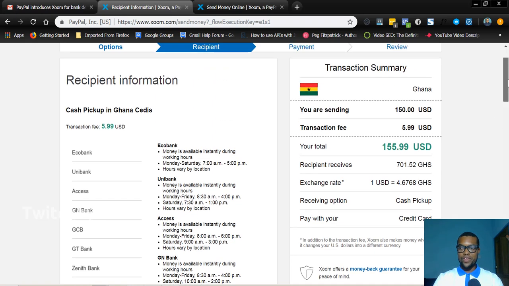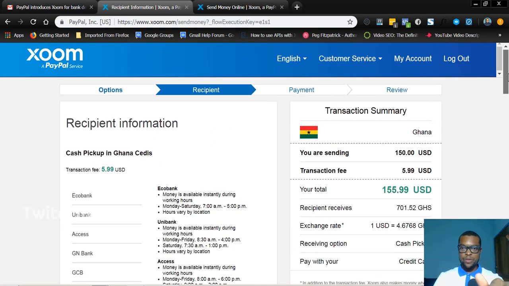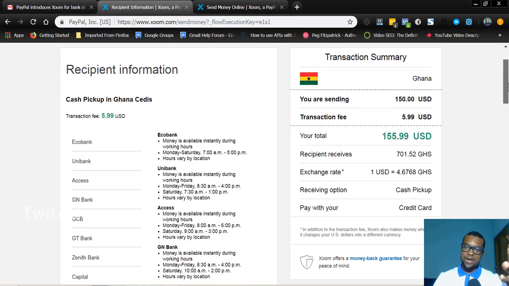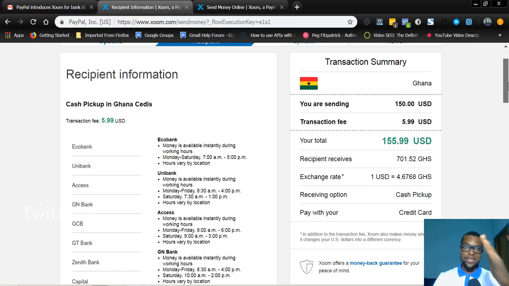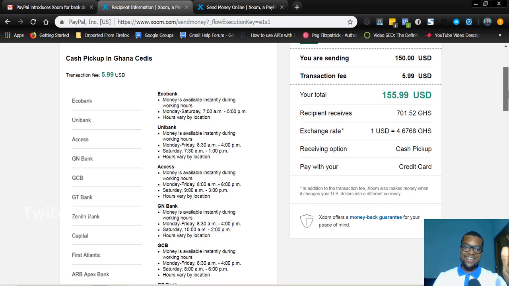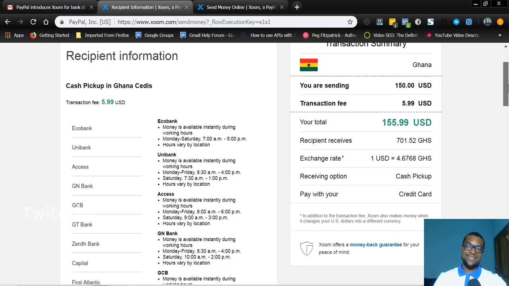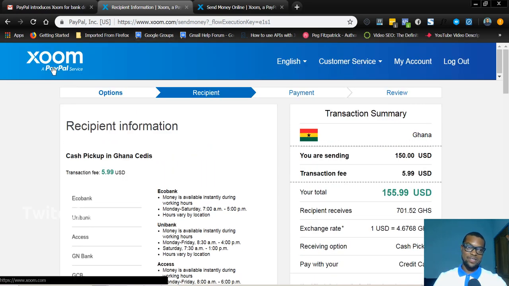The system will generate a transaction ID for the person. It will be sent to your email address. The person will also give it to you as well. You go to the bank and this is what you show and you go and retrieve your money. It's as simple as that. So this is the best PayPal alternative I can show you. It's the best PayPal alternative, even though it's the same PayPal, because this is a service by PayPal, Zoom,